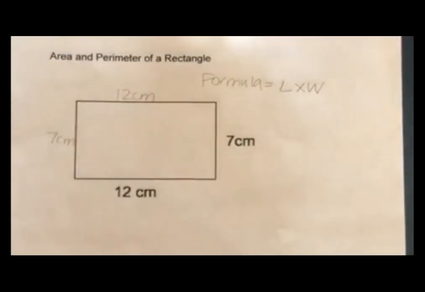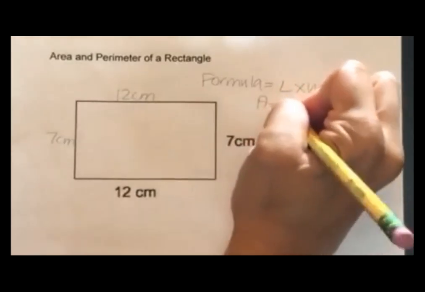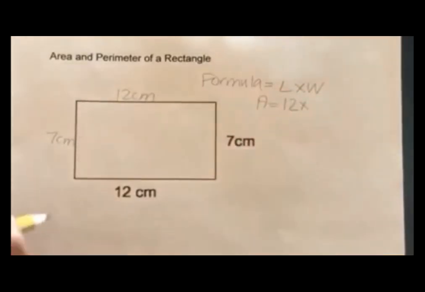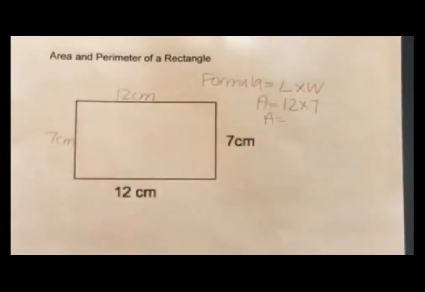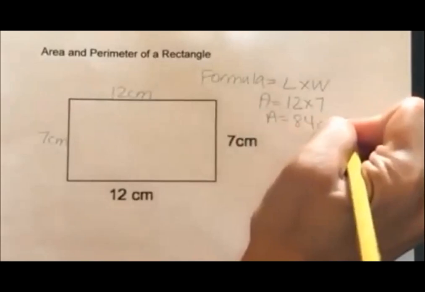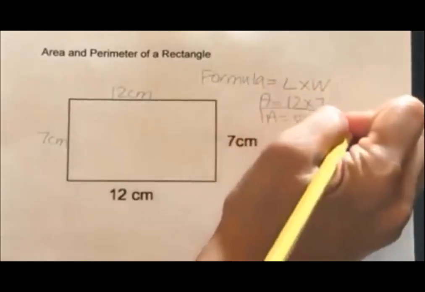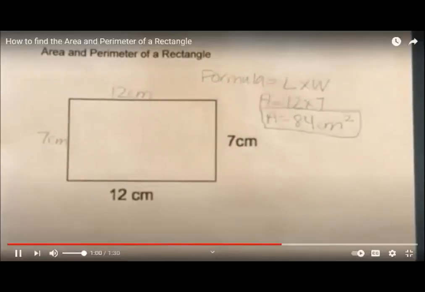So the length is going to be 12 times the width, which is over here, that's 7. So when I do 12 times 7, you get 84. Needs a label, it's in centimeters. So the answer is 84 square centimeters. To find the perimeter,